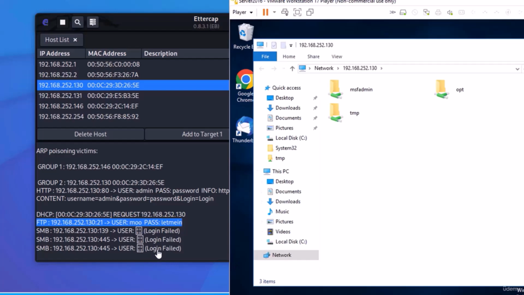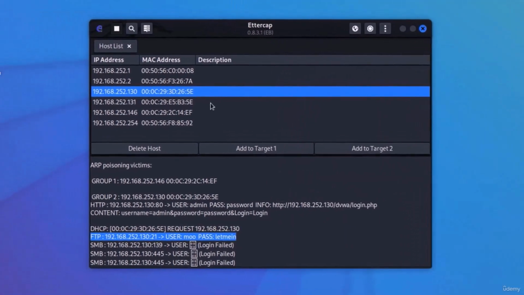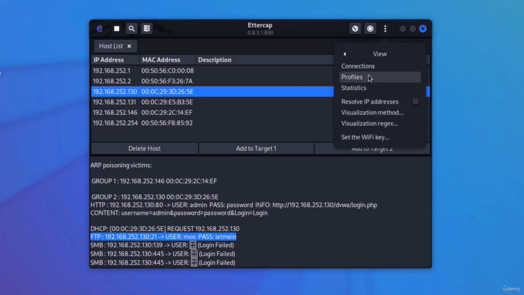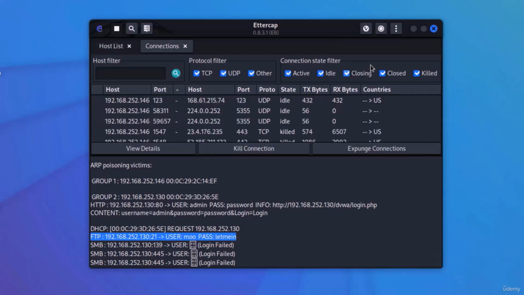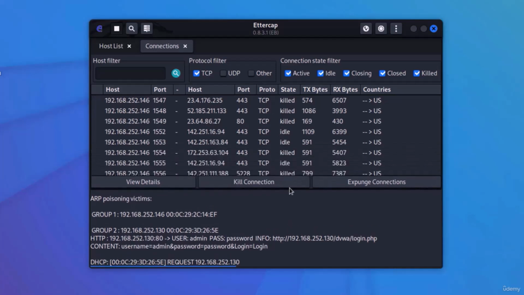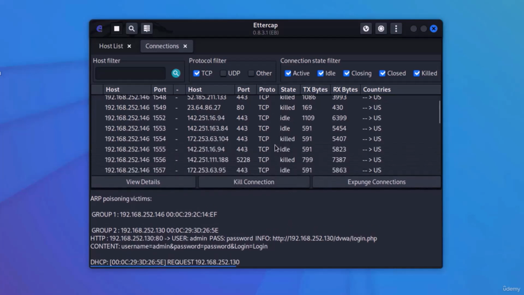I'm not exactly sure what the problem is with Ettercap here. We can come up and make sure the server is selected. And then we can come up over here and we can click this little menu and we can view, let's see, connections. Now we see all these various connections and connection attempts, and it's TCP, UDP, and a whole bunch of stuff we weren't really focused on. I'm just going to get rid of the UDP and the other and just focus on the TCP. Let me scroll down here just a little bit